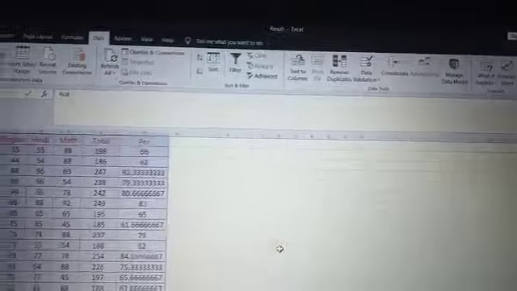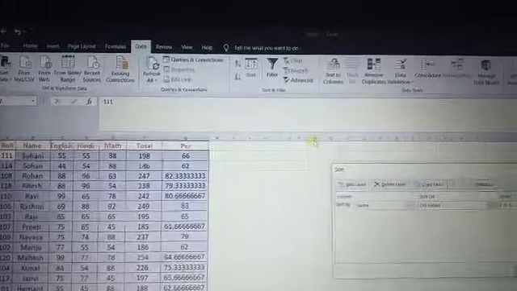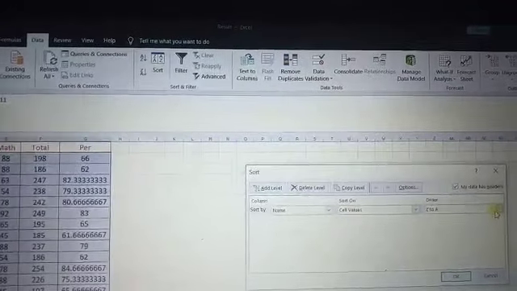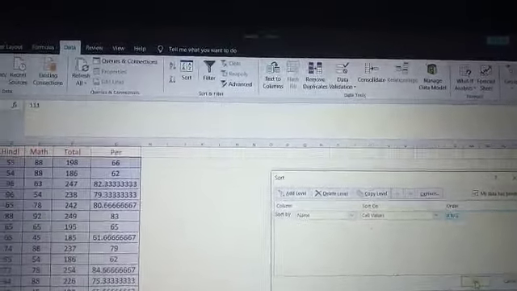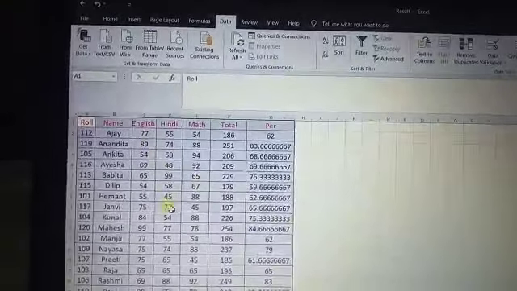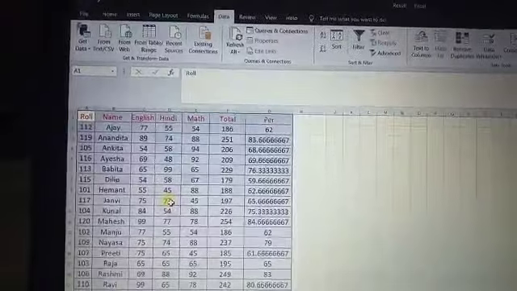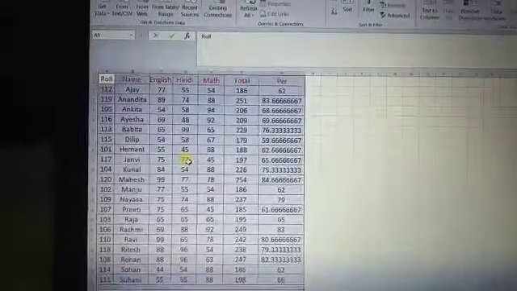The names are arranged in descending order. Again we try with the ascending order. Okay, we change it to the A to Z option. Again we click on that, and the contents are arranged in ascending order as well. So sorting is a very important process. You can do it in a practical manner.